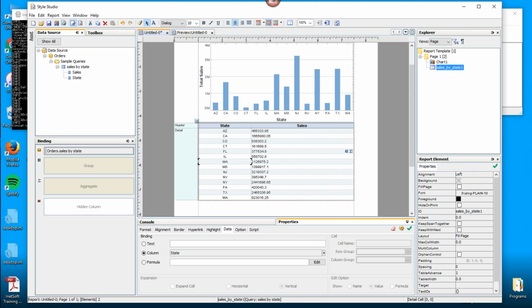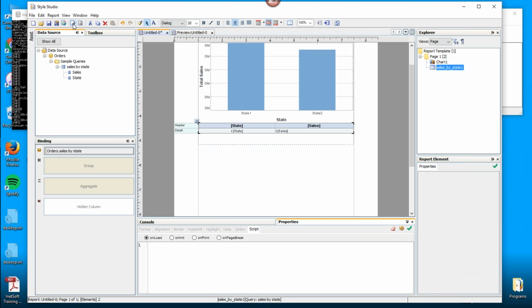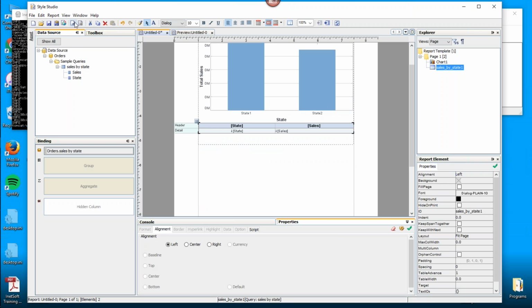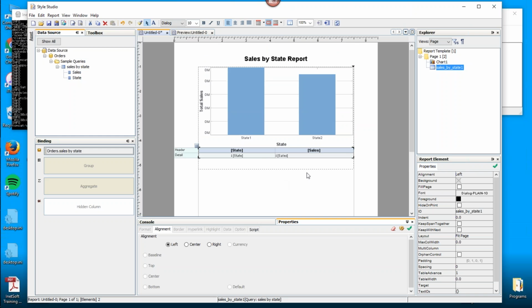Now in case you're wondering what this would look like in metadata view, let me just show you. If I turn off the live edit button, the live edit button up here, by the way, is a toggle button, right? You toggle it on, toggle it off. Right, so this is what the table looks like in metadata view. Obviously it looks a bit different, but basically there's the header row, and this row that's called detail, this single row basically expands when the report generates to give us all the different states and sales. You can see that next to that state designation there's a little down arrow, and same thing for sales.